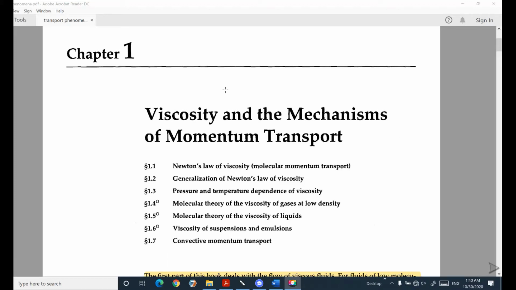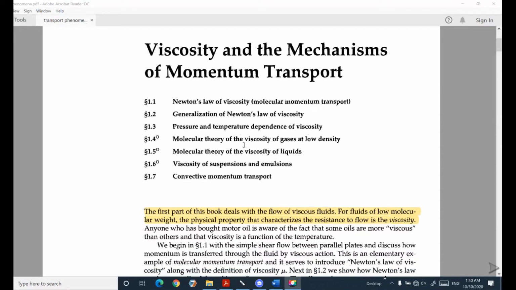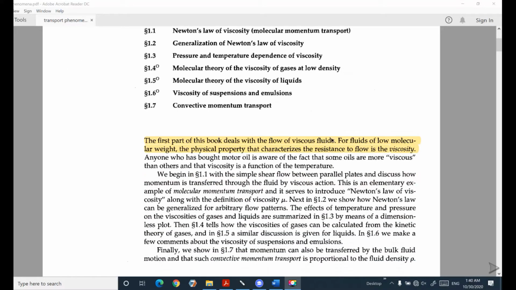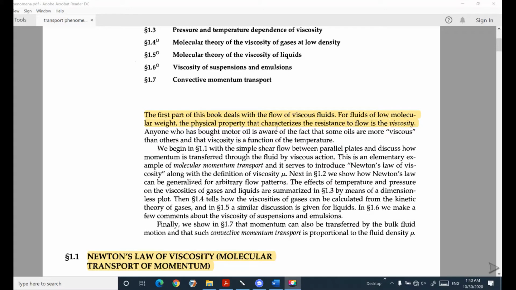So we continue our discussion about transport phenomena. We are in the book of BSL, in chapter 1. Chapter 1 talks about viscosity and the mechanism of momentum transport. Here, as we talk about viscous flow and viscous fluids, the definition of viscosity is the resistance